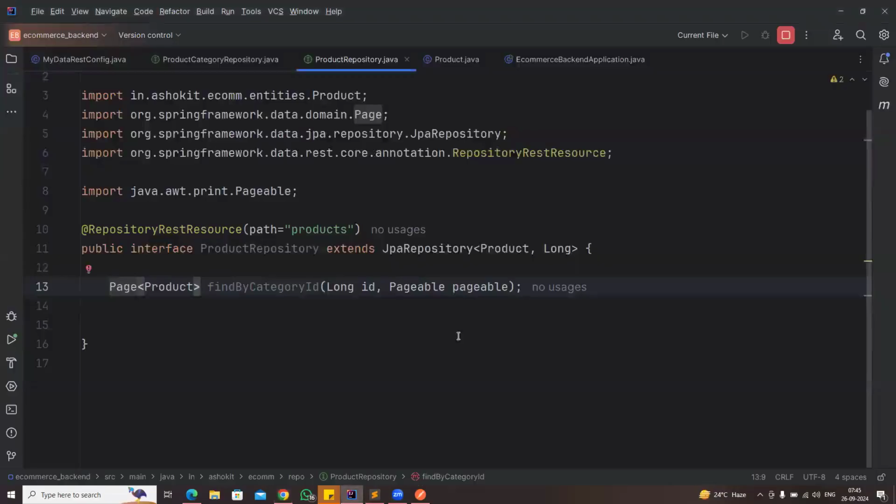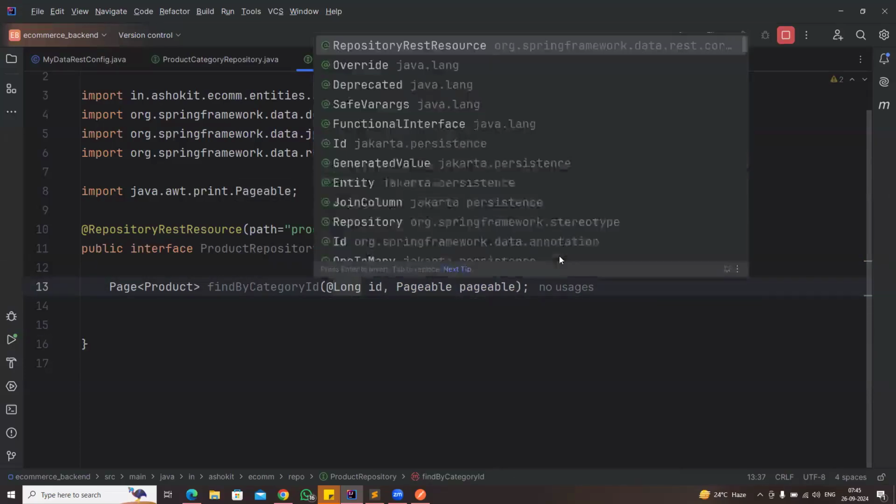For that pagination concept, we are going to use Page find by category ID. I am passing the ID, and I will pass a Pageable object. This Pageable object specifies how many records you want per page and which page's data you want. This ID is going to be a parameter for the query, so I'm going to specify